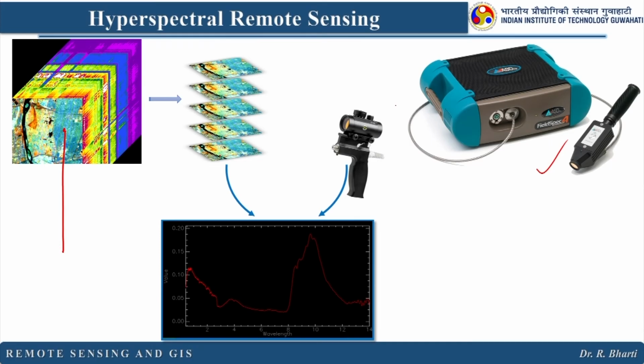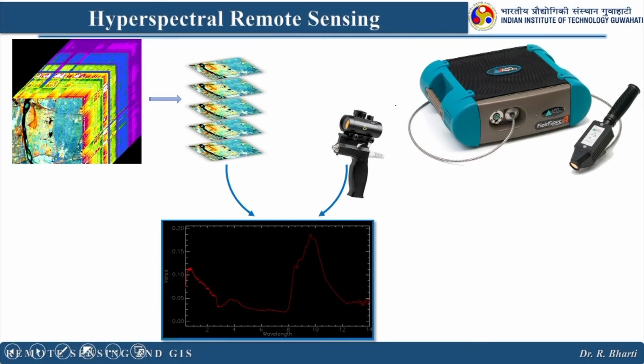There you can use this particular instrument and you can generate the spectra like this. So, from space also you have got this spectra for that particular pixel. For that pixel you have got field data also, and how it is going to match with each other,